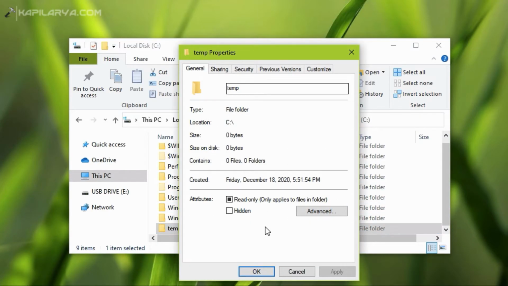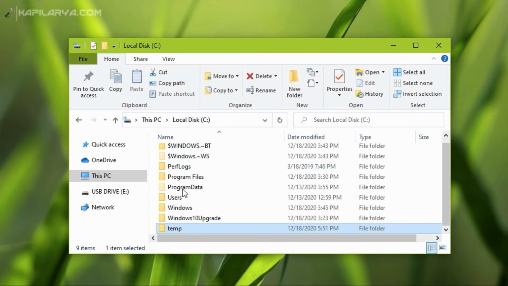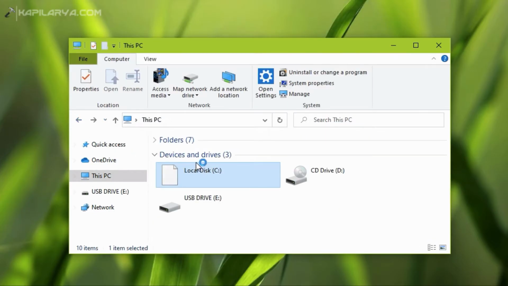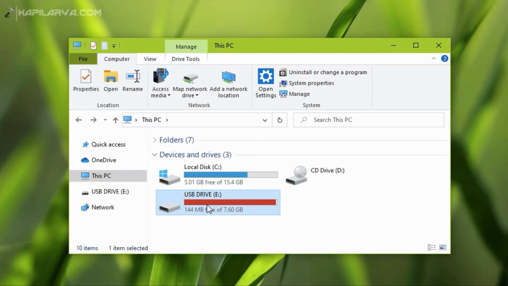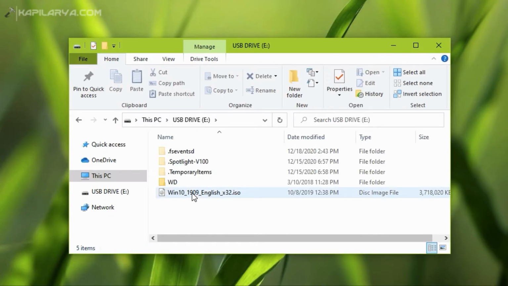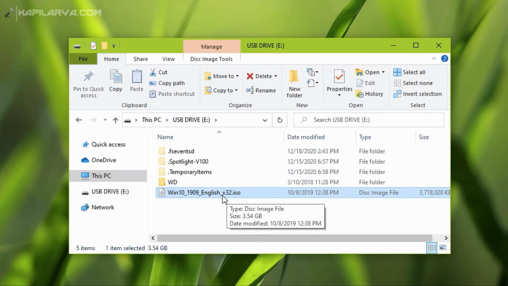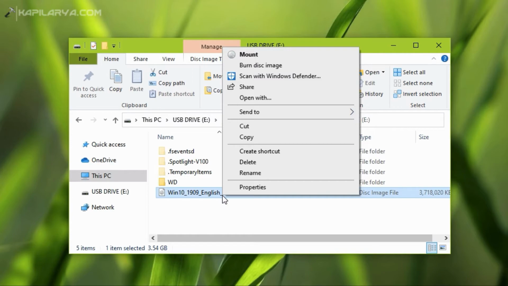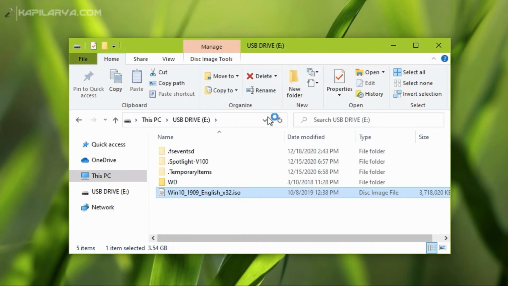This is a temporary folder, and after doing that, we will use the Windows 10 ISO file and right click on it and select mount. One thing I should mention here is that you must use the Windows 10 ISO file of the same version which is installed on your system. If you use a newer version Windows 10 ISO file, that will not work.